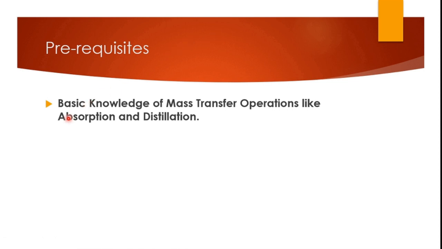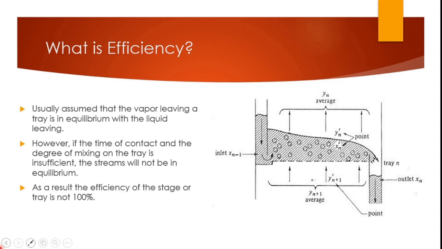Now, before proceeding, you will need the following knowledge of mass transfer, especially of absorption and distillation. So, how will we proceed? A little bit about that first. I'll just briefly discuss all the three types of efficiencies in detail, which will be beneficial to you. And then I will be answering some of the typical interview questions about efficiencies, like whether it can be more than one or it can be negative or not. And then I'll discuss a GATE question.